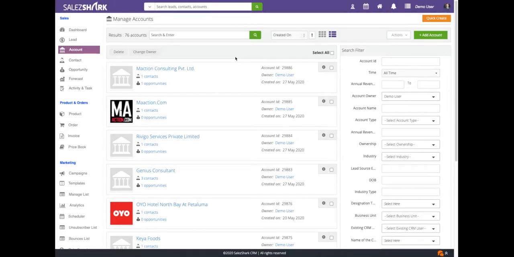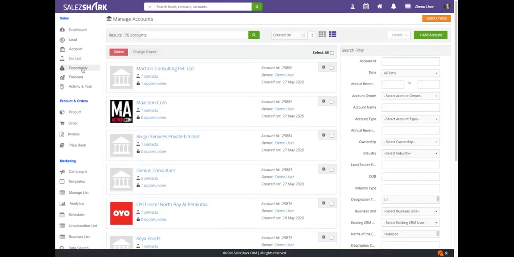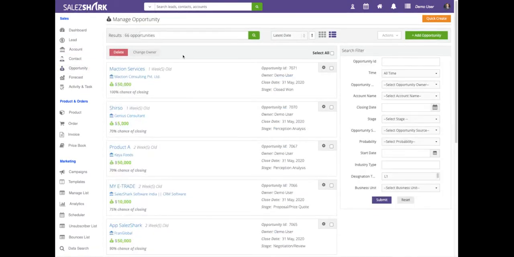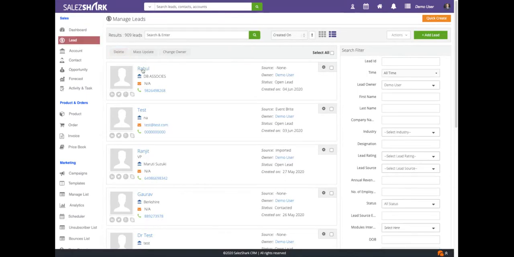Let's suppose you are dealing with multiple people in the organization and you want records to be created for the same, then you can use this feature to add all those details. So you can think of an account like a tree. Once you have an account in place, you can create multiple contacts and multiple opportunities. So these are basically the four modules that help you manage all the data related to your leads. Okay, and in each module you have the privilege of planning your activities.